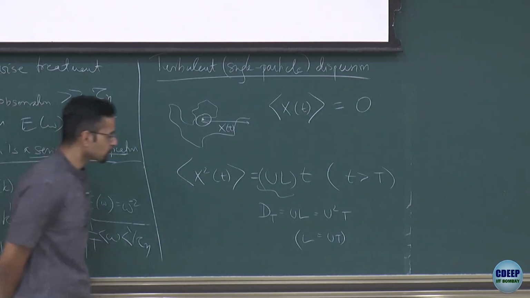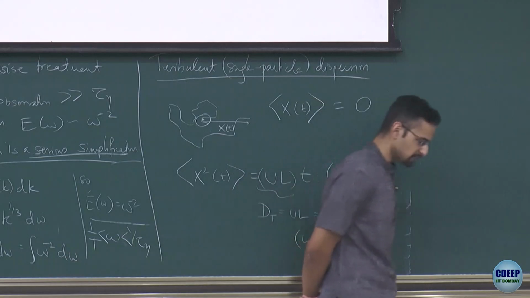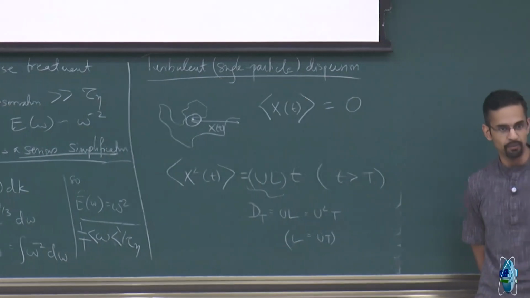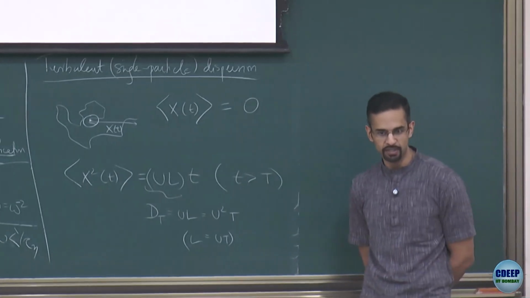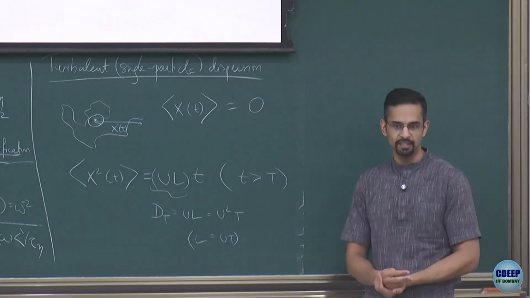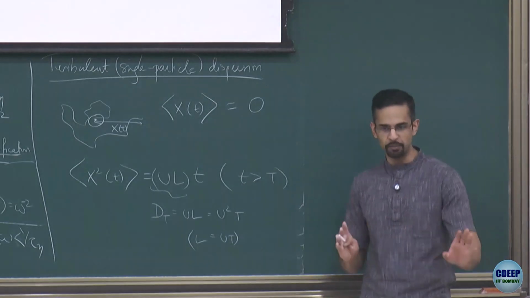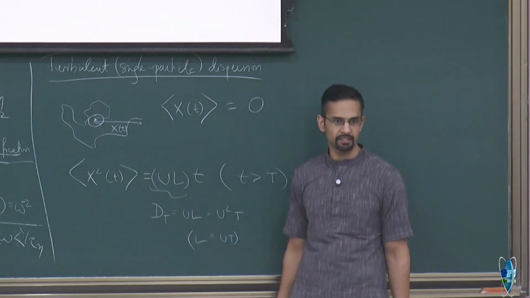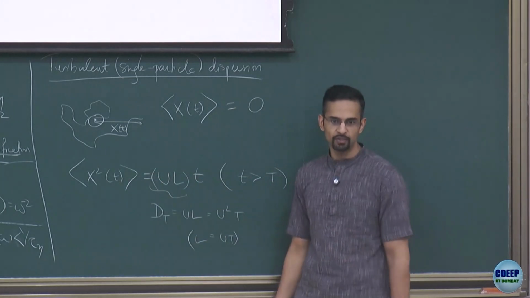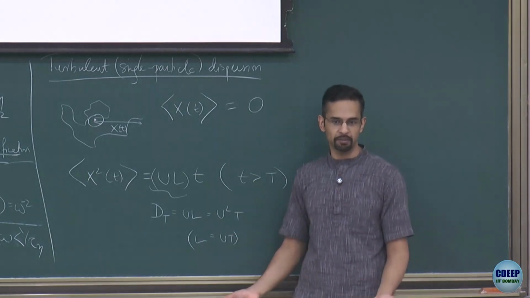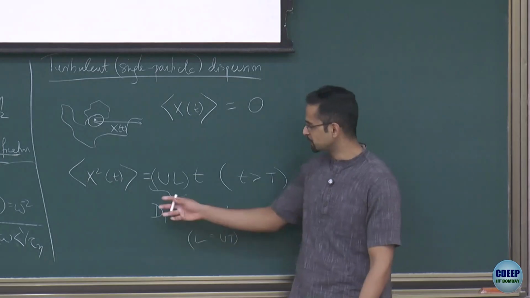This argument was put forth by Taylor. He's the same Taylor as in Taylor-Aris dispersion, but that was different. That is in a laminar flow. Taylor-Aris dispersion occurs in a laminar flow because of the variation of velocity in the transverse direction and so on. That's a different problem altogether. Here it's happening just because of the chaotic motion of these large eddies moving in an uncorrelated way. So effectively, each large eddy is contributing a kind of random walk step. From that argument, you can expect this to happen.